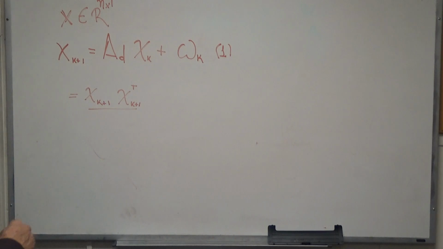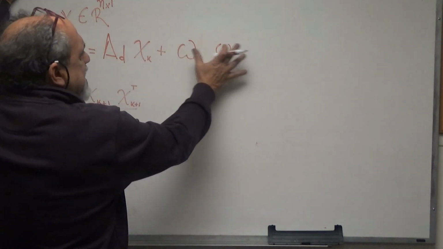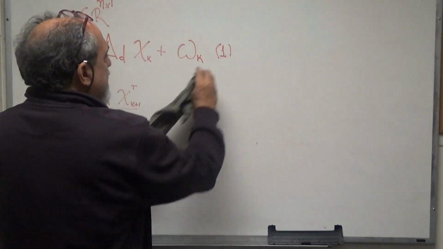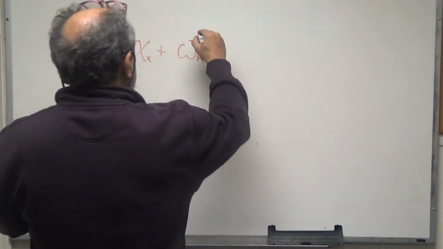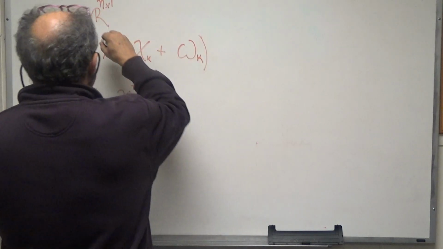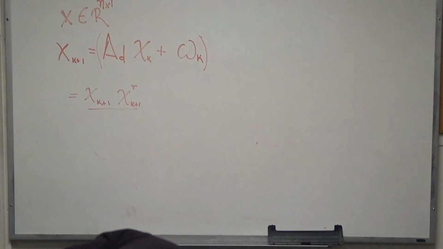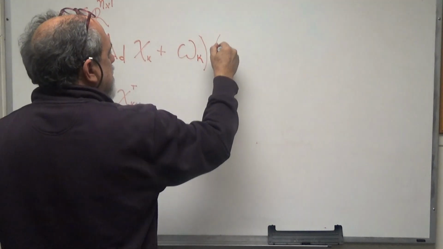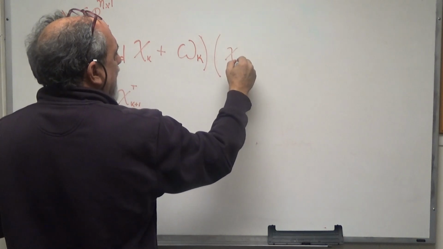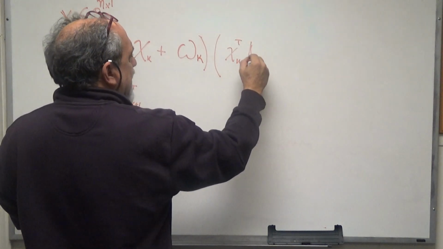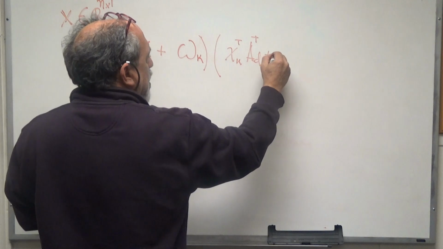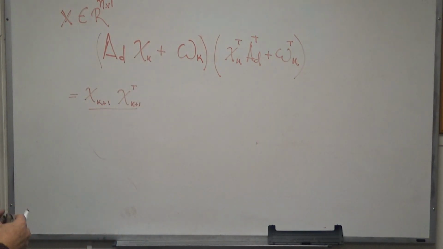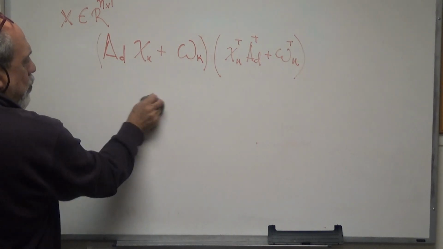So that means simply that it's this times the transpose of that. So the transpose of that, I'm going to write it here, is that times its transpose. So its transpose is xk transpose times AD transpose plus omega k transpose, right? So from that, we can get,